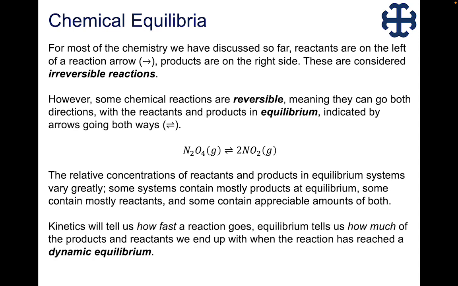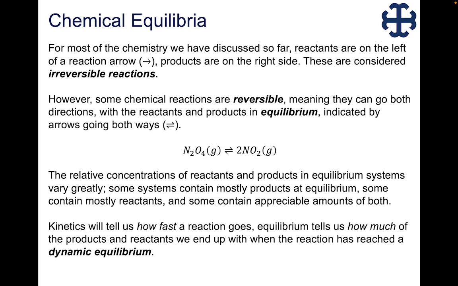Okay? Later in the semester, we're going to talk about chemical kinetics. That will tell us how fast a reaction goes. But with equilibrium, I want you to know that it tells us how much product we will get, or how many products we will get. We often end up expressing equilibrium as a ratio between our products and our reactants, and we call this